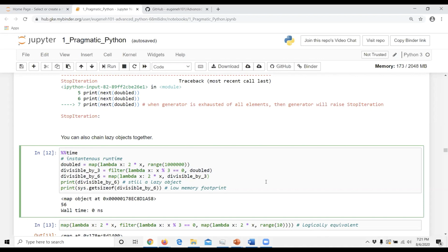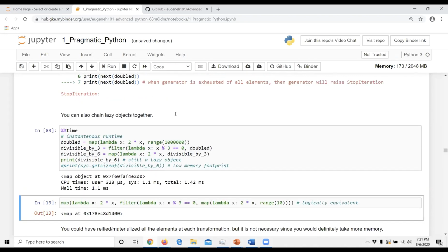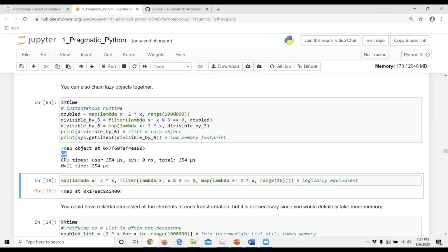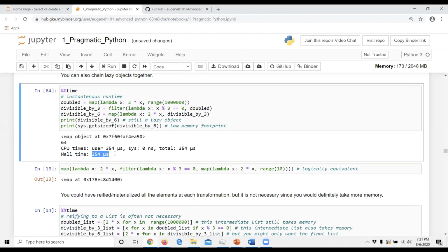So when I print it out, I get still another lazy object. And what is the size of that object? Still 64. So it doesn't matter. A microsecond, so this is 1 nanosecond, I think, is 1 billionth of a second. So creating lazy objects is